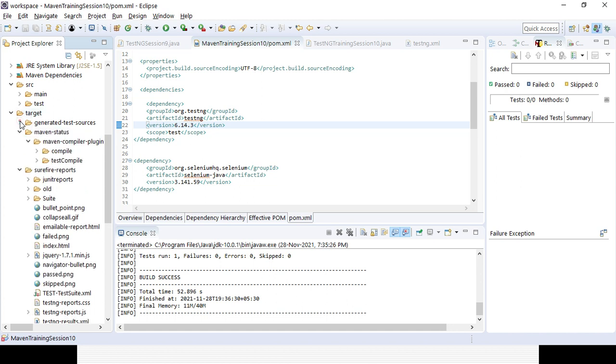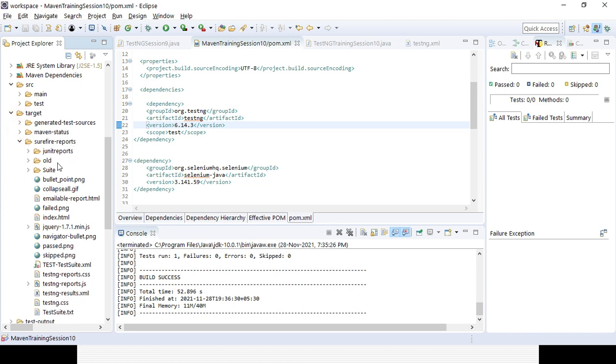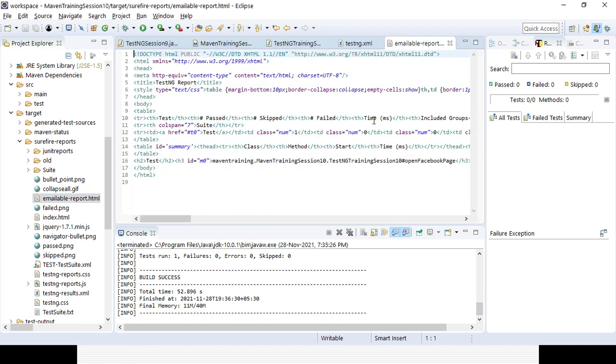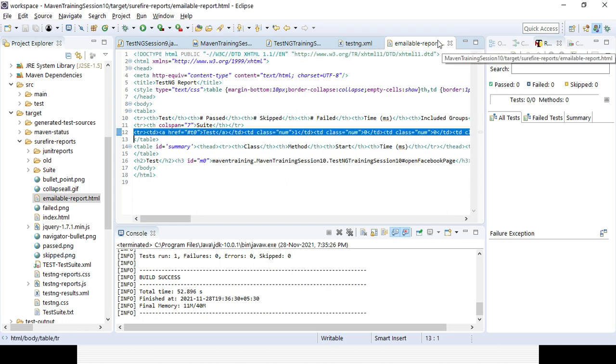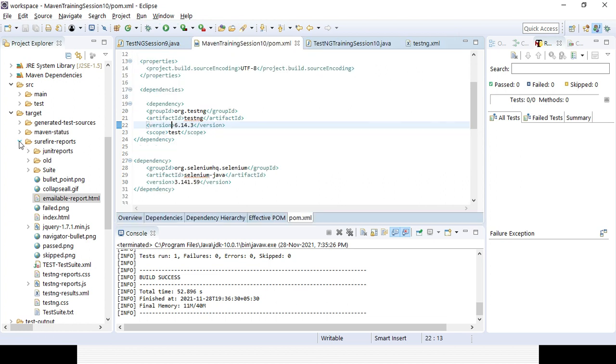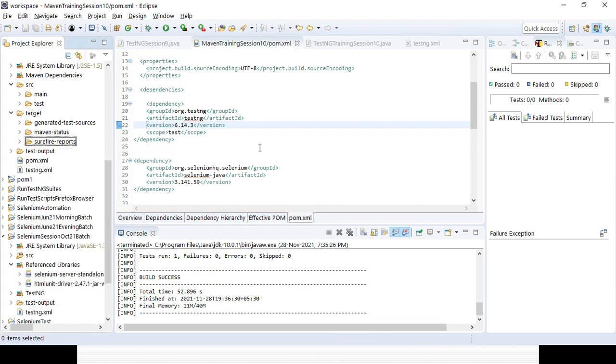These are the different things, but I will be using that instead of test engine. I will be using that Maven part only, right? So I can go to the emailable report HTML, and definitely from that one target folder I can get to know whether my test case passed or failed or not, right? One number of test case passed here. Everything I can get it. That is the beauty.